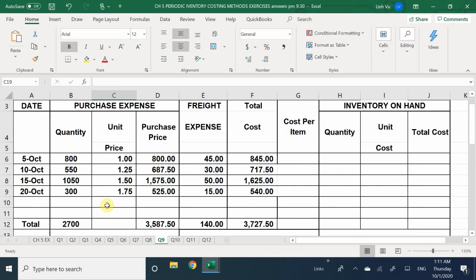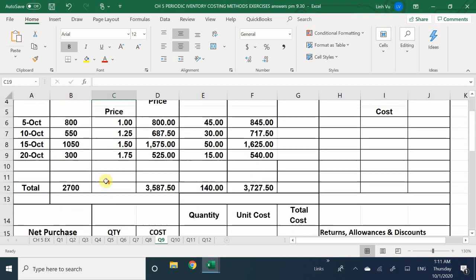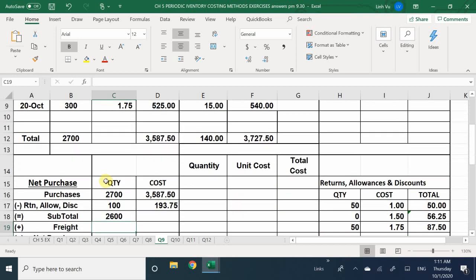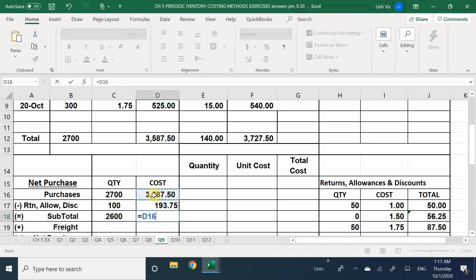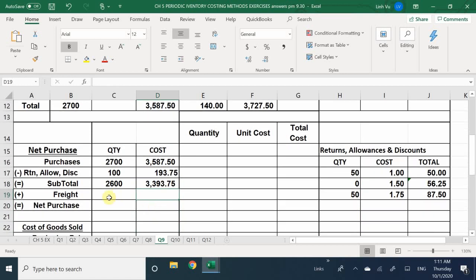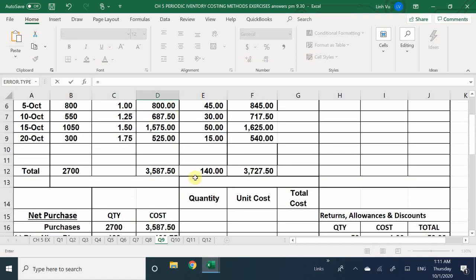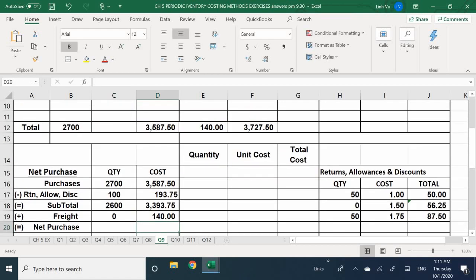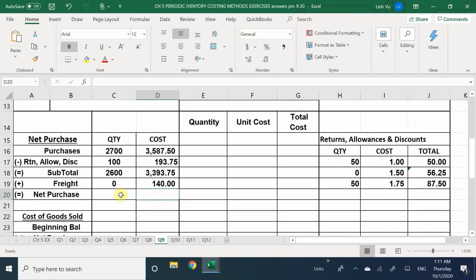Okay, and then here I am going to subtract this number to give me a grand total of 3,393. There is 0 freight plus the total cost of 140, which is going to increase my total cost to be